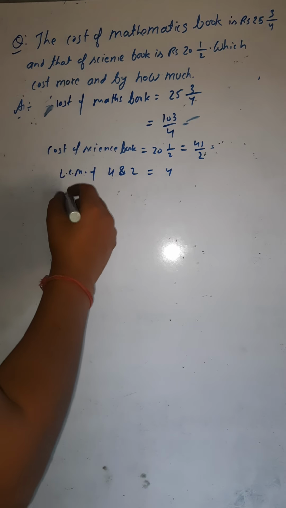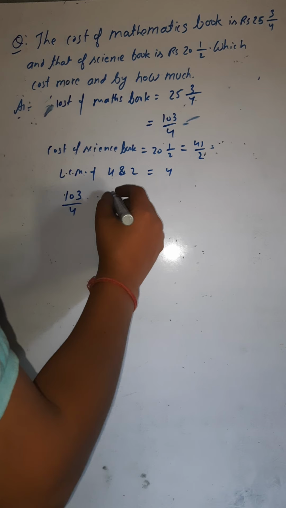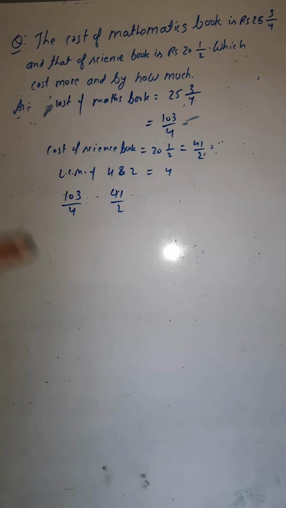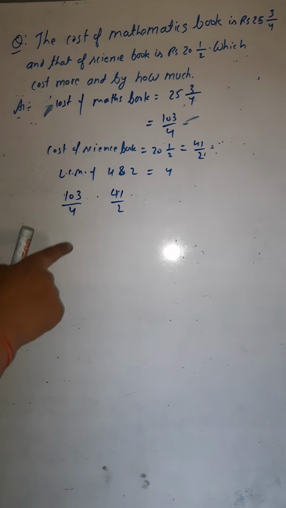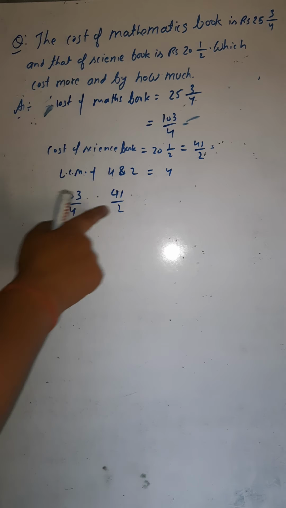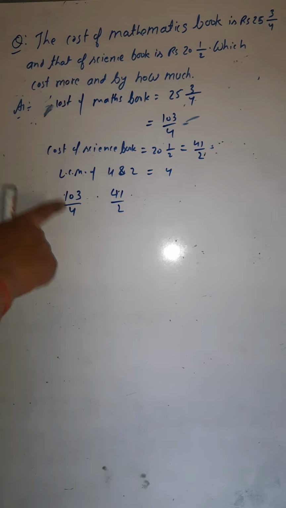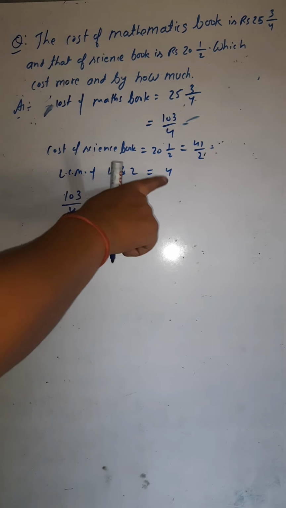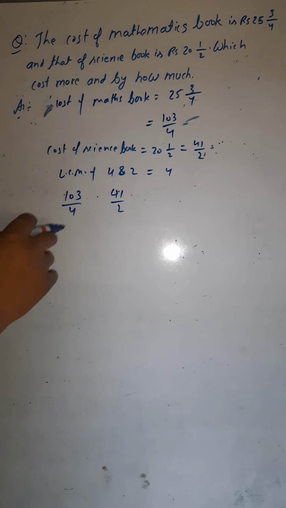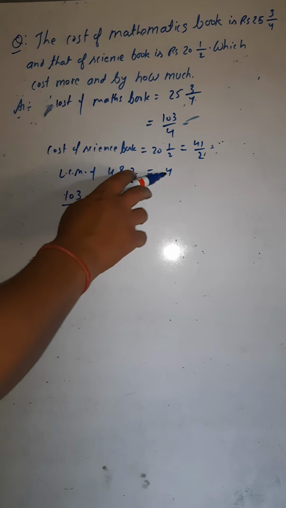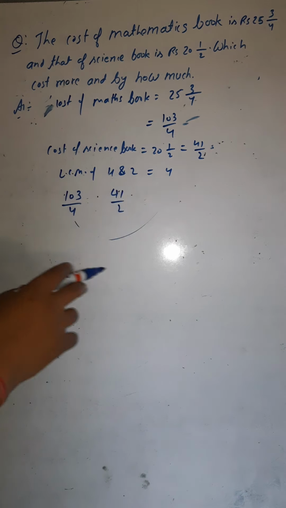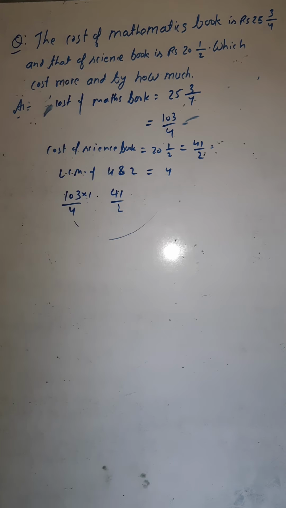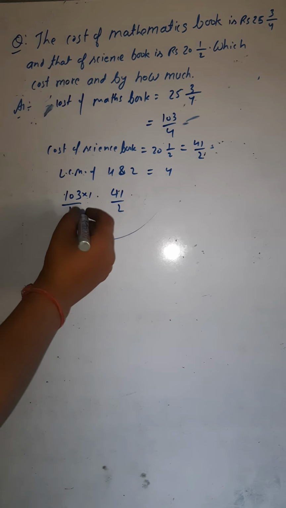So okay. First one is 103 by 4. Second one is 41 by 2. The LCM of both the denominators is 4. Now you have to make both the denominators 4. This is already 4. So what to do? Divide this 4 by the first denominator, then divide this 4 by the second denominator. If you are dividing the LCM by the first denominator, it would be 4 1s are 4. 1 times means this one you are multiplying upside. Are you getting this? And downside also.